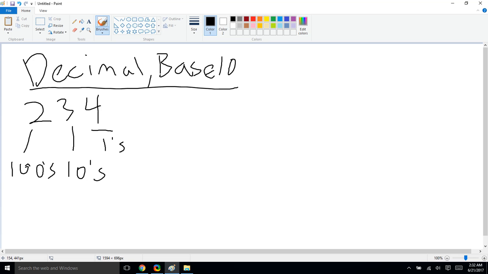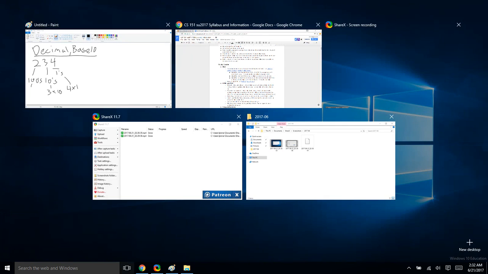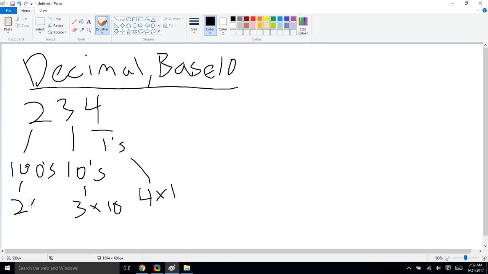Okay, and what this means is the 4 here really means 4 times 1. The 3 really means 3 times 10. And the 2 really means 2 times 100. Okay, and then the actual number is adding those all up. That's what 234 means. And you'll notice that the things that we multiply by here, the places, we have 10,